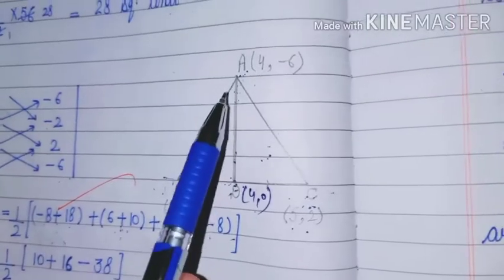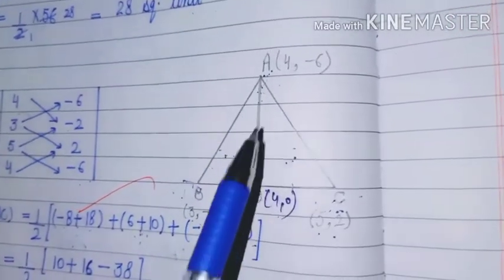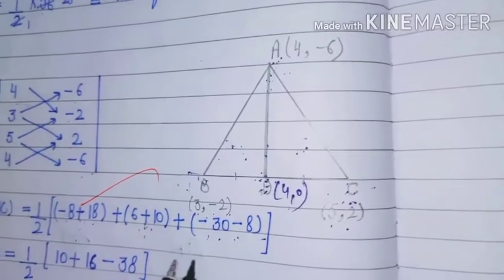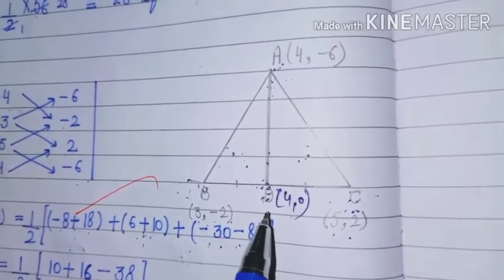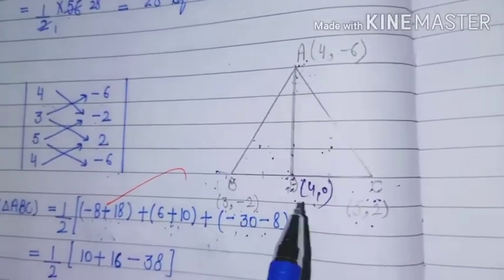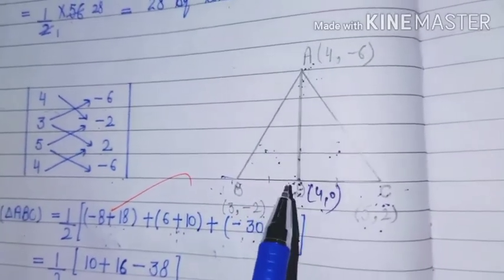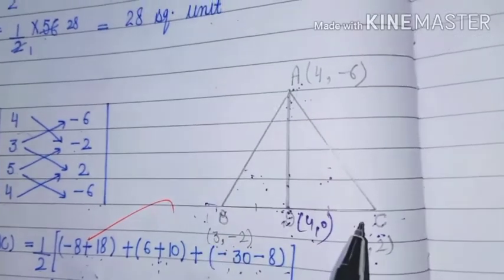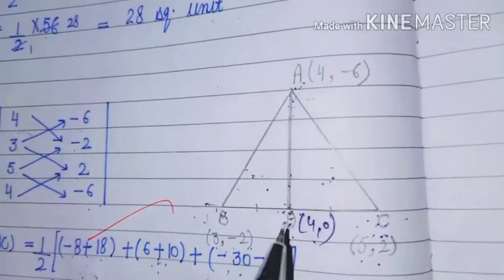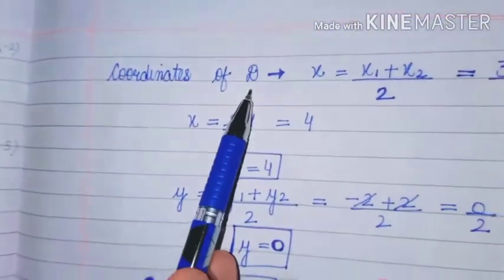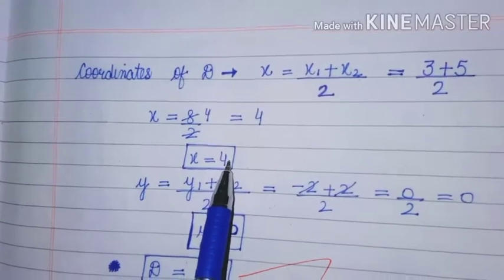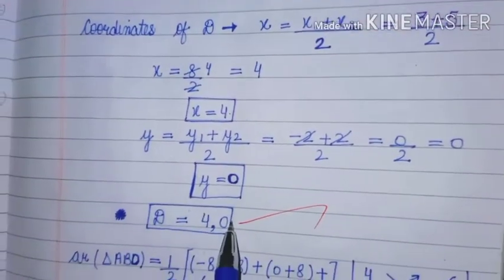Yes beta, now we will find the area of triangle ABD and ACD. So the first requirement of our question is to find the coordinate of D, and D is the midpoint. Median means that when a vertex meets the midpoint of the opposite side, then it is a median. So D is the midpoint. Now we will find the coordinate of D. Again the formula will remain the same, (x1 plus x2) by 2, you will get 4, and the y coordinate is 0.